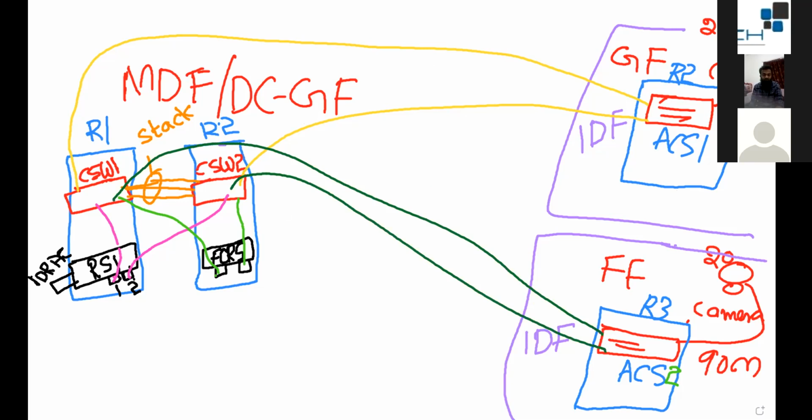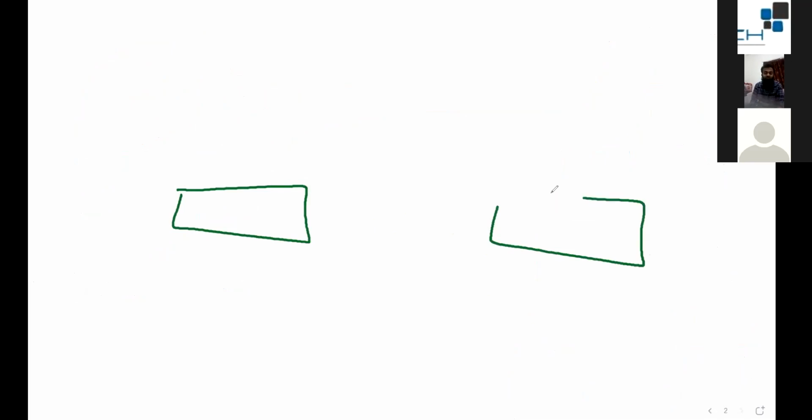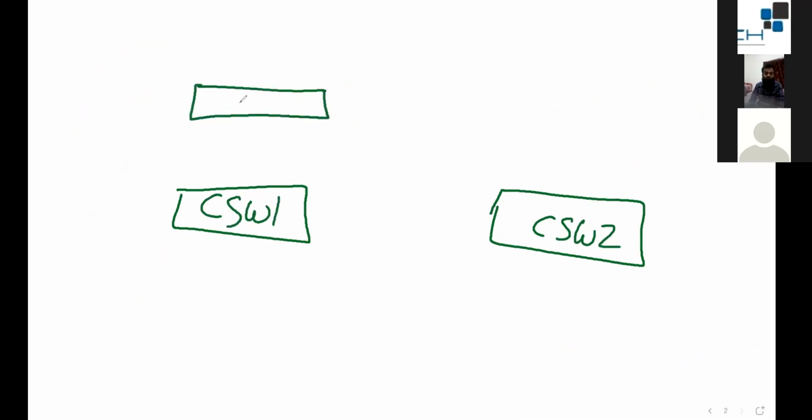So what we are understanding from here: you have two core switches, core switch 2 and core switch 1, and you have access switch 1.